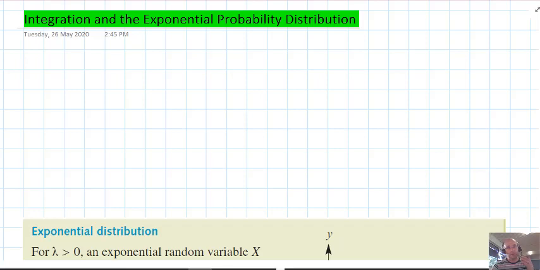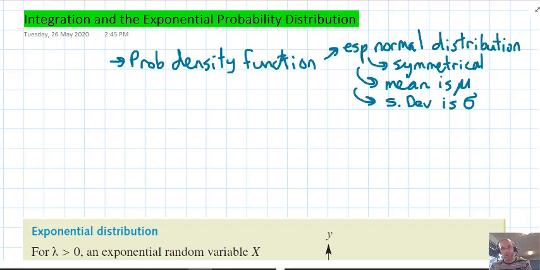Okay, so for our next part of our integration journey, we're looking at a particular application, and it links to some of the work on probability distribution functions and so on, with probability density functions in particular, and it's called the exponential probability distribution. So this is linked to what's hopefully prior learning for you, general continuous random variables, which